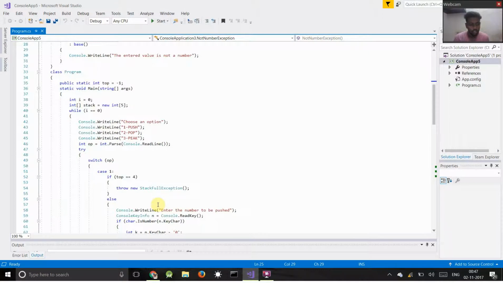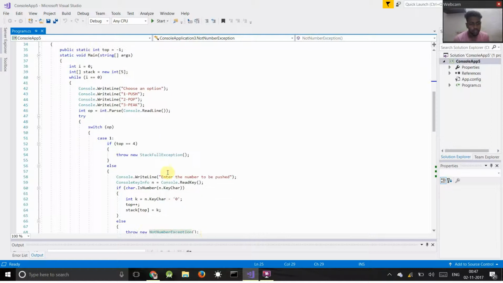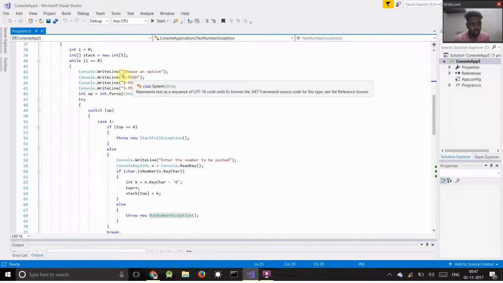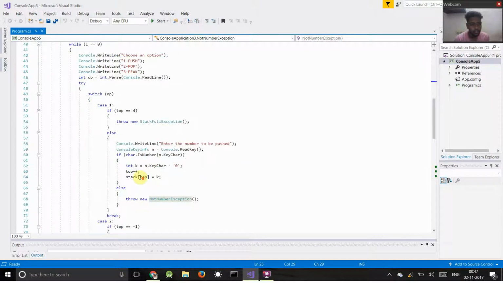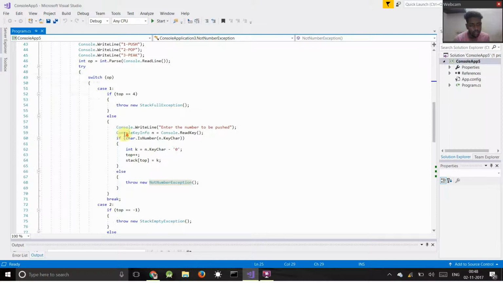So I have created a menu-driven application here, which allows the user to push, pop, and peek. Here I have created an array, and the whole menu-driven application is running inside a while loop. Inside it I have a switch case for the menu, and if the first one is selected, then it is supposed to